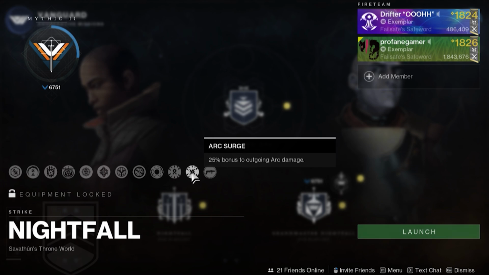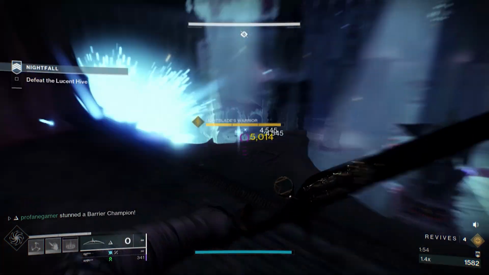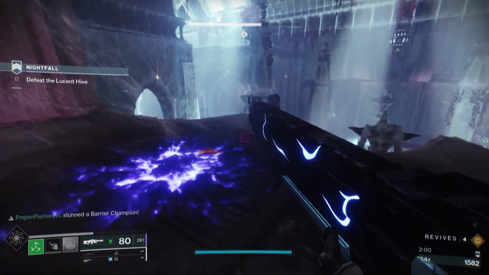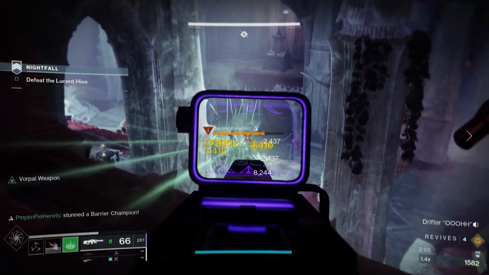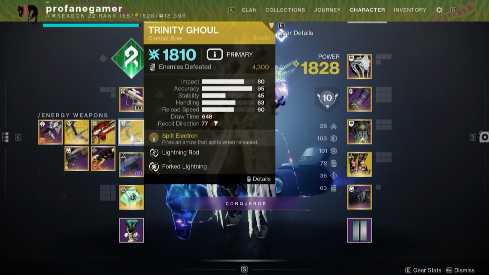Grenade launchers get surged and Arc will be the threat, so utilizing Arc resistance mods will be crucial, as will Void resistance, since you'll be facing Lucent Hive Knights, who will be throwing tons of depression grenades and frisbees at you. The Wishender, Trinity Ghoul, and Quicksilver Storm are all outstanding exotics to use against those barriers,